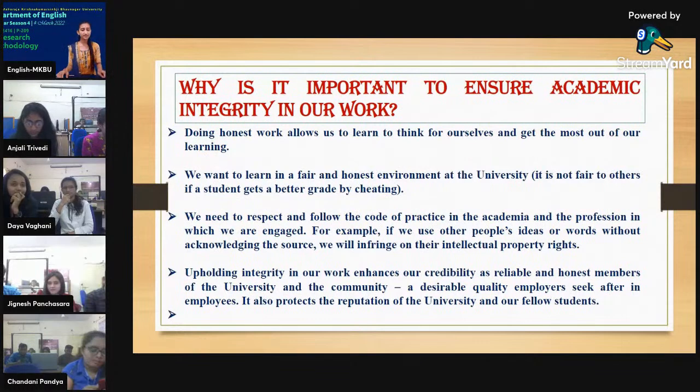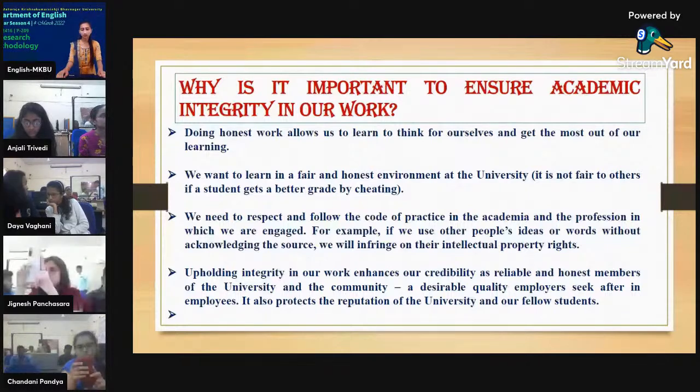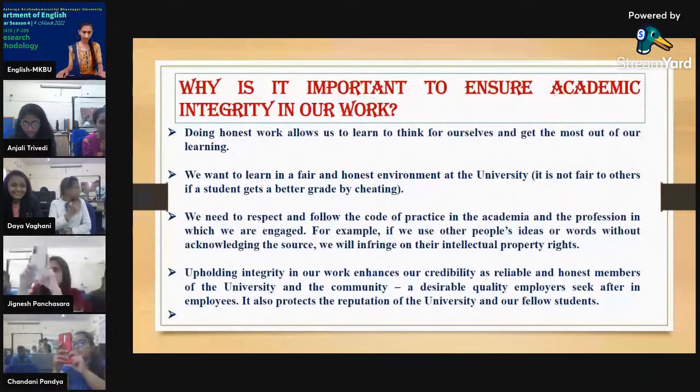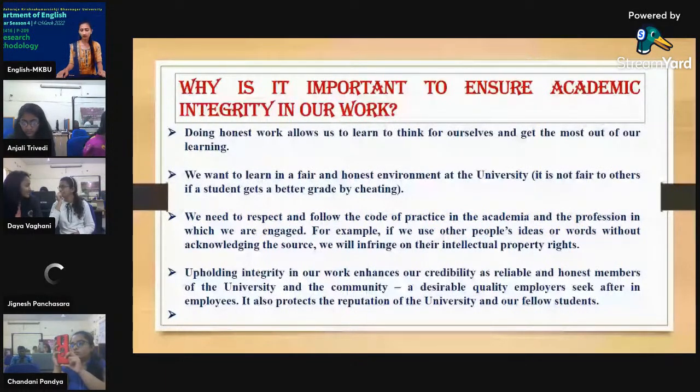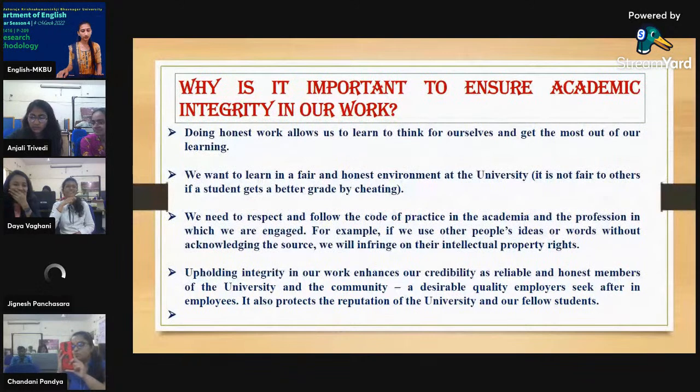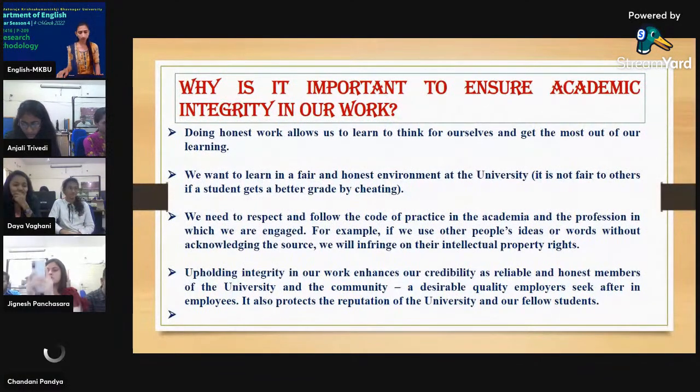And why is it important to ensure academic integrity in our work? Doing honest work allows us to learn to think for ourselves and get the most out of our learning. We want to learn in a fair and honest environment at the university. It is not fair to others if a student gets a better grade for cheating, so we need to respect and follow the code